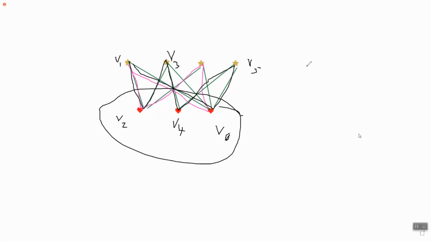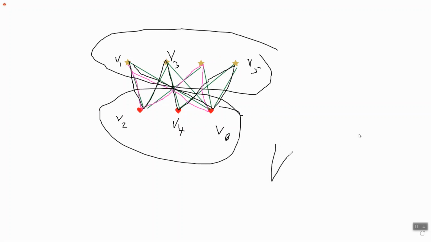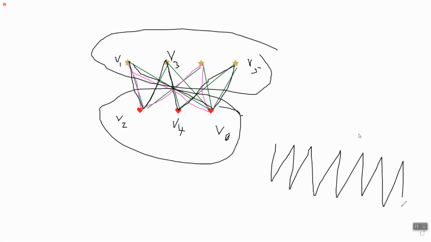So these three are in one vertex set, and these three are in the other. So V1, V3, V5 are there, 2, 4, 6 are there, therefore the number of vertices is even. Even though there are 7, for the cycle we didn't use that. Okay. Go down, come up, go down, come up, like 6. So this way: go down, come up, down, up, down, up, down, up. Ultimately, this will end. So that is the proof.